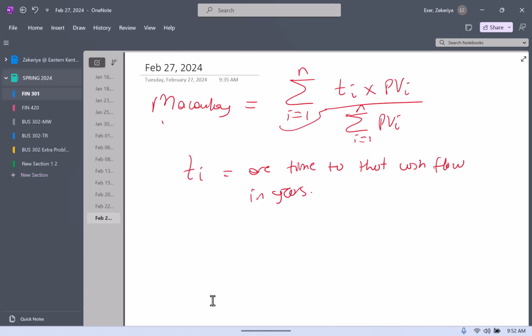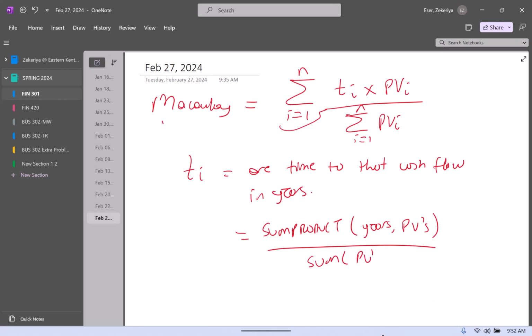And it uses the present values of them as weights. You already calculated present values. And in Excel, this would be basically sum product, years, PVs, sum PVs. Where years refers to the range that contains how many years you have until maturity, which you can calculate as another column. You already have the PVs. So if I did it just for these two,